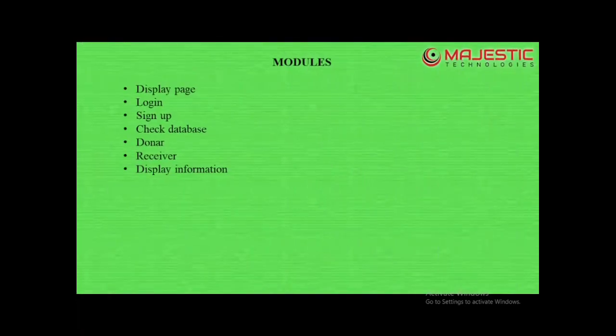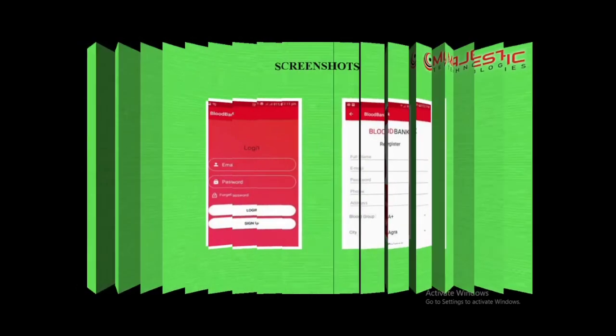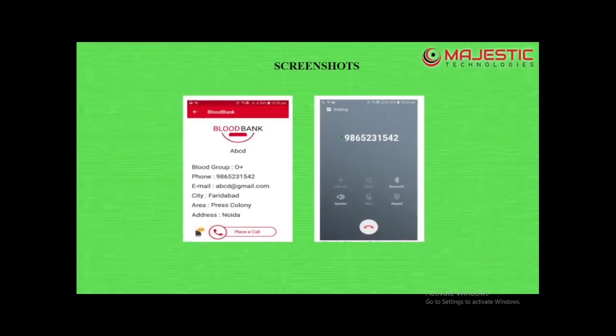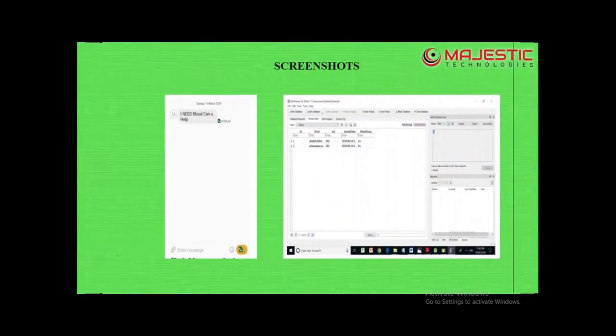The modules are display page, login, sign up, check database, donor, receiver, display information. Some screenshots from our project. The donors get themselves registered through this improved mission. In case of emergency requirement,